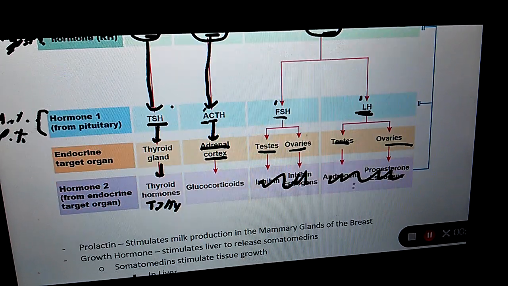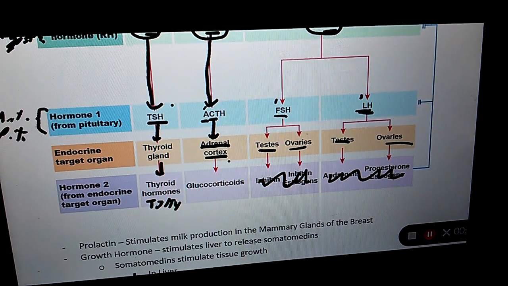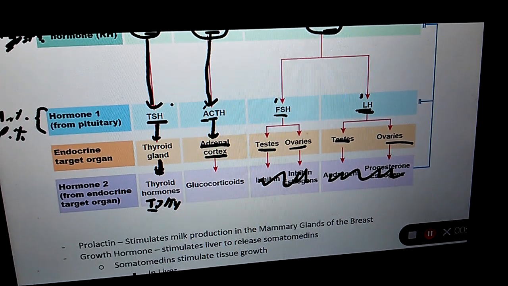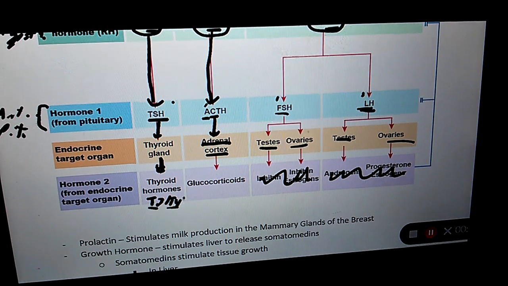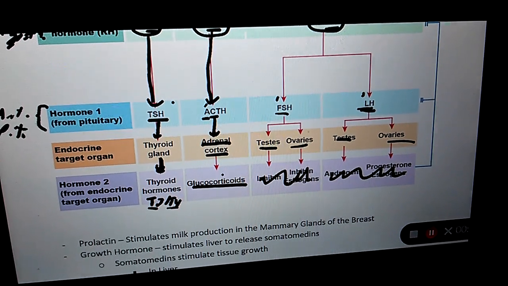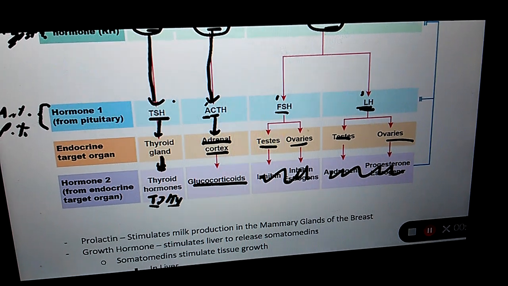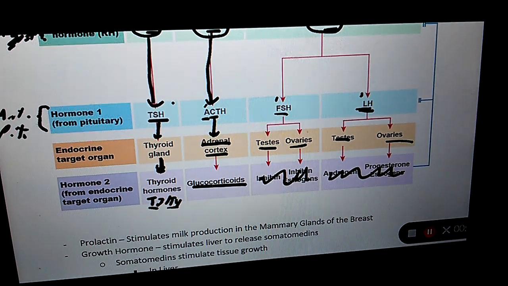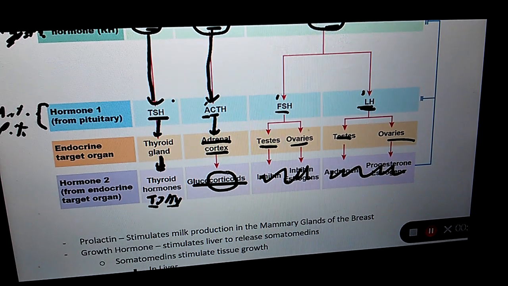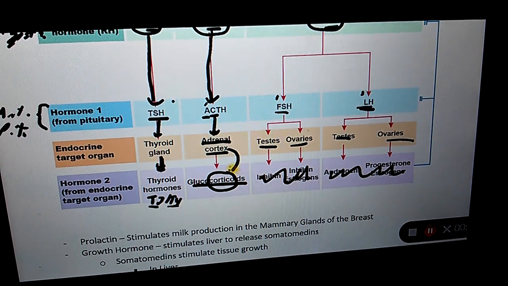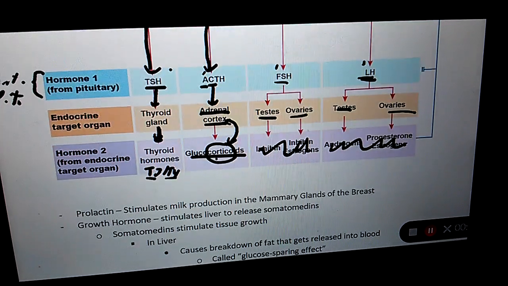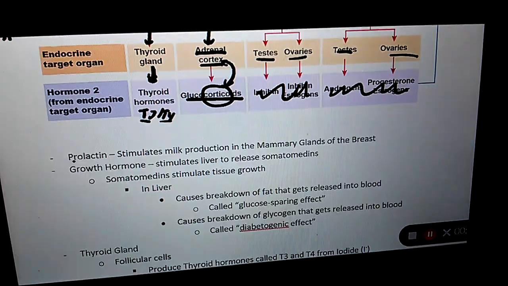We're going to do that when we get to the reproductive system. But I do want you to know that the thyroid gland is going to produce T3 and T4. Are those the thyroid hormones? Yes. Adrenal cortex is going to produce glucocorticoids. Remember, cortico is in the word, so cortex is there. Glucocorticoids. What's the function of prolactin? Stimulate